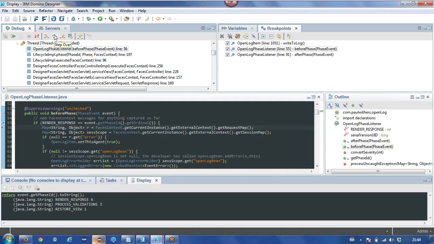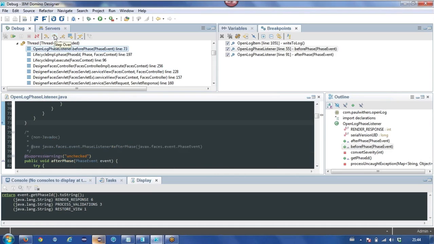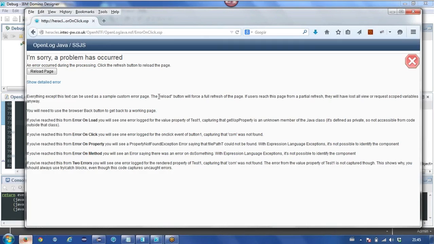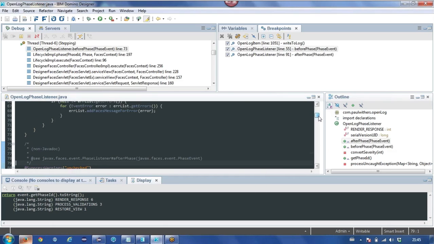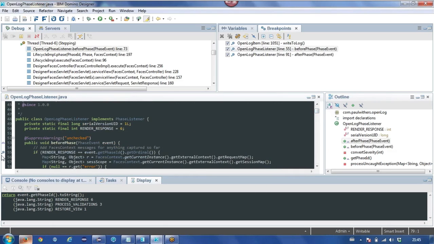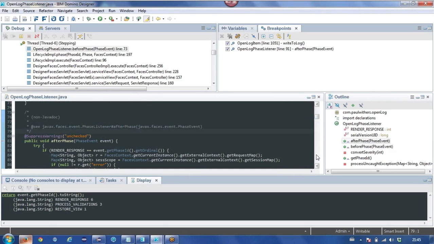So we'll run through this and we'll see that it does absolutely nothing there, and yet it comes across to this error page. So it's obviously not something in the before phase that's triggering the problem.